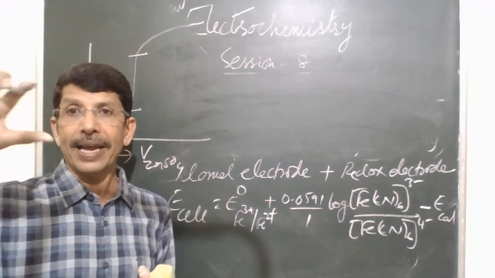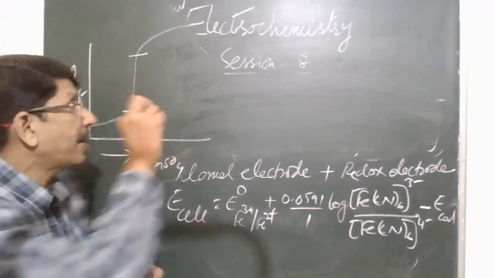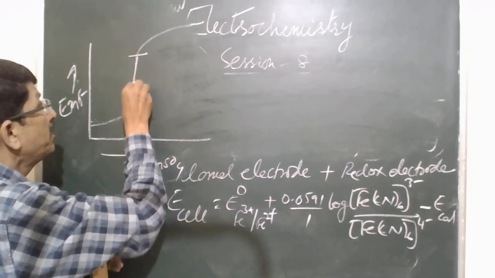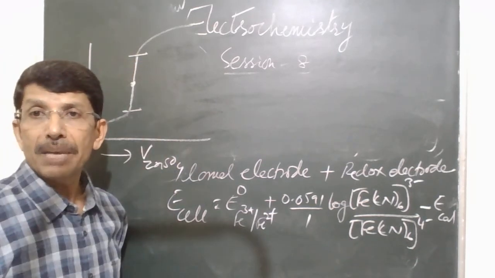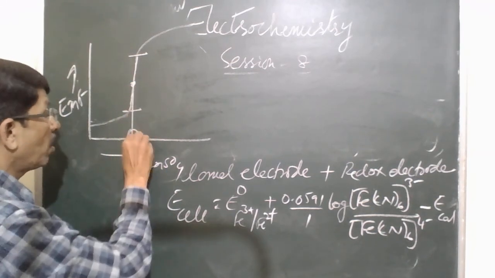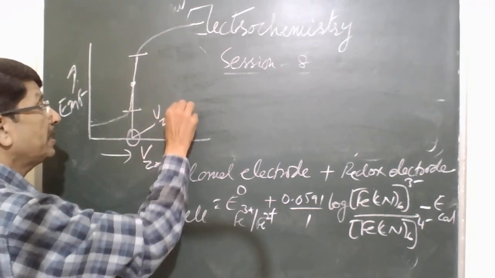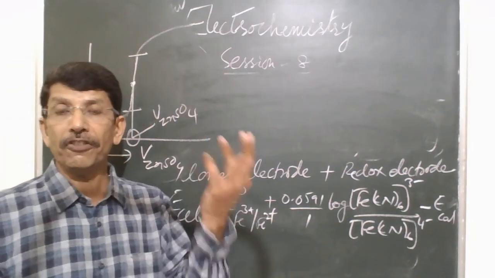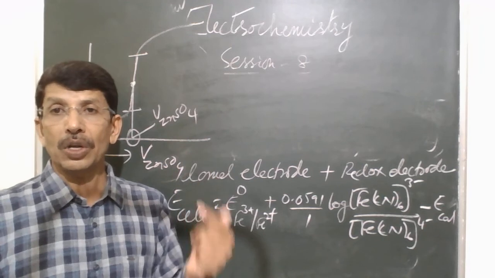So identify the steeply rising curve or the linear portion of the curve. Then locate the midpoint of this linear portion. Volume corresponding to this midpoint is the volume of zinc sulfate consumed by your 20 ml of ferrocyanide solution taken